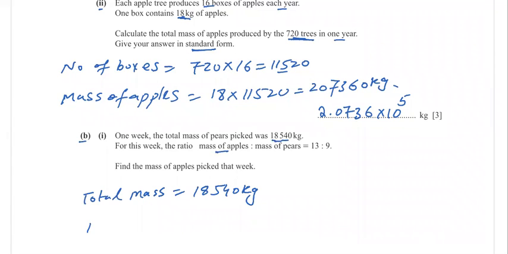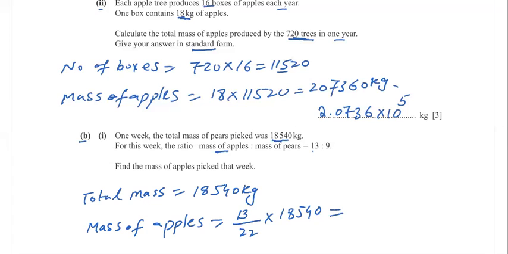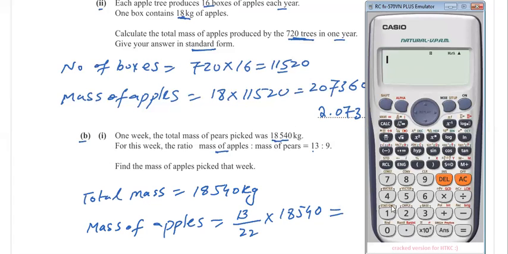We can say the mass of apples will be equal to the ratio of apples. Ratio of apples is 13 over the sum of ratios. Sum of ratios 13 plus 9 is 22 times the total mass. Total mass is 18,540. So let's simplify it. 13 over 22 times 18,540. That will make